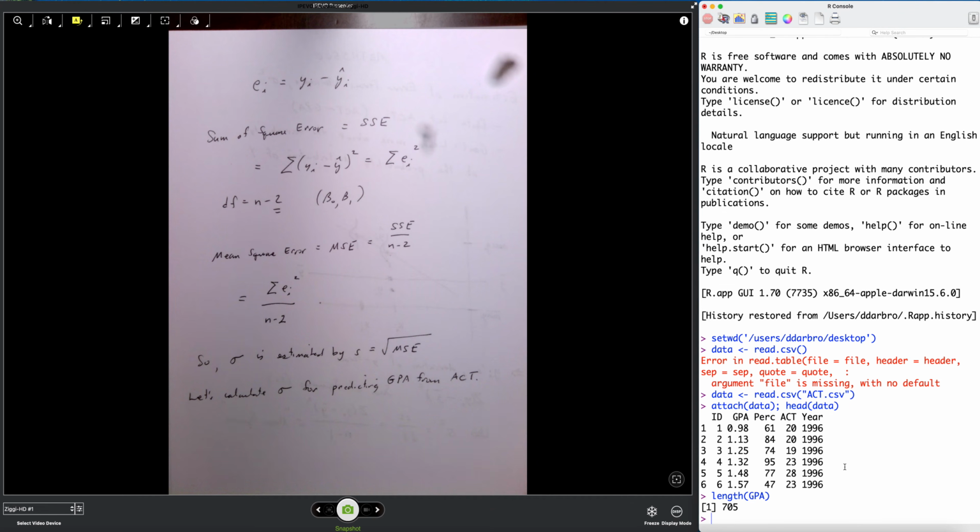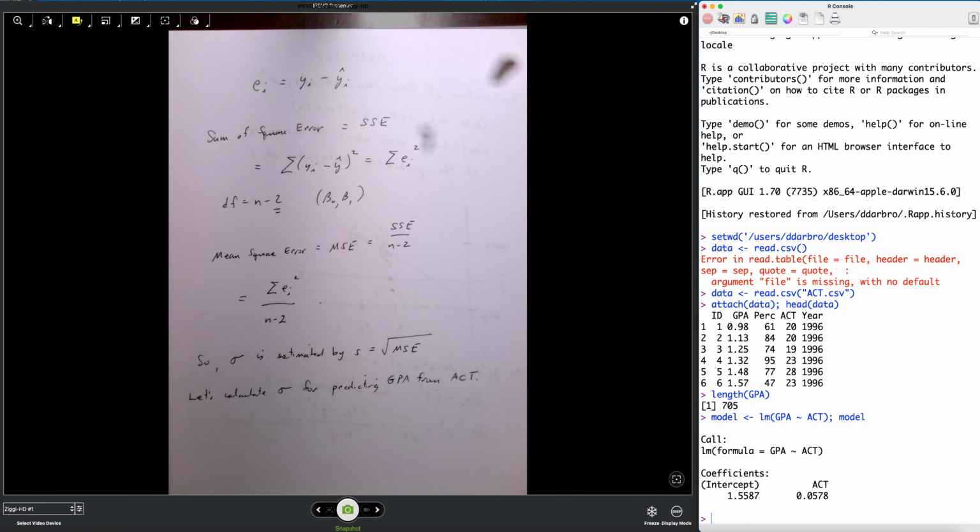So first thing we want to do is get our model, and predict GPA from ACT. And we get our model. Okay. So essentially the sum of squares error is just the sum of the errors. So what I want to do is create error, and I want to take the y values, which would be GPA,